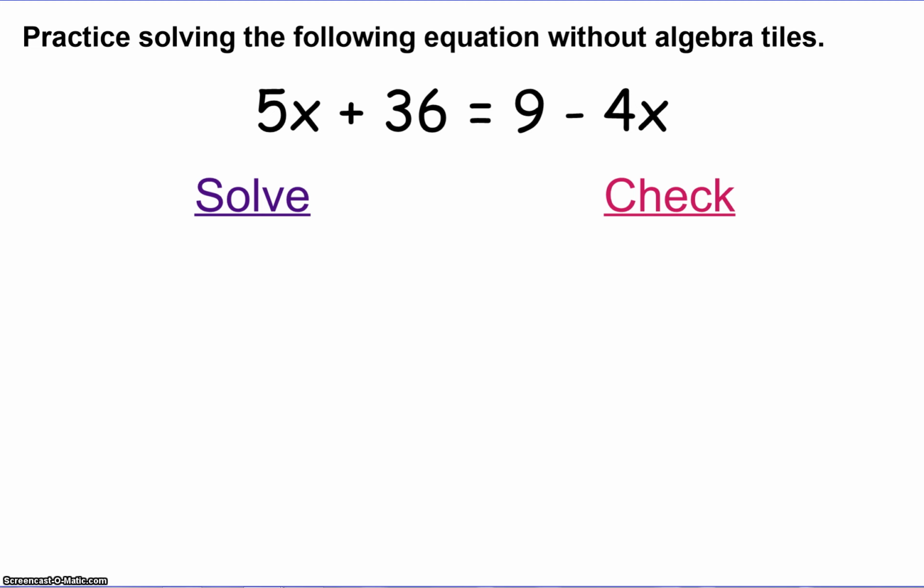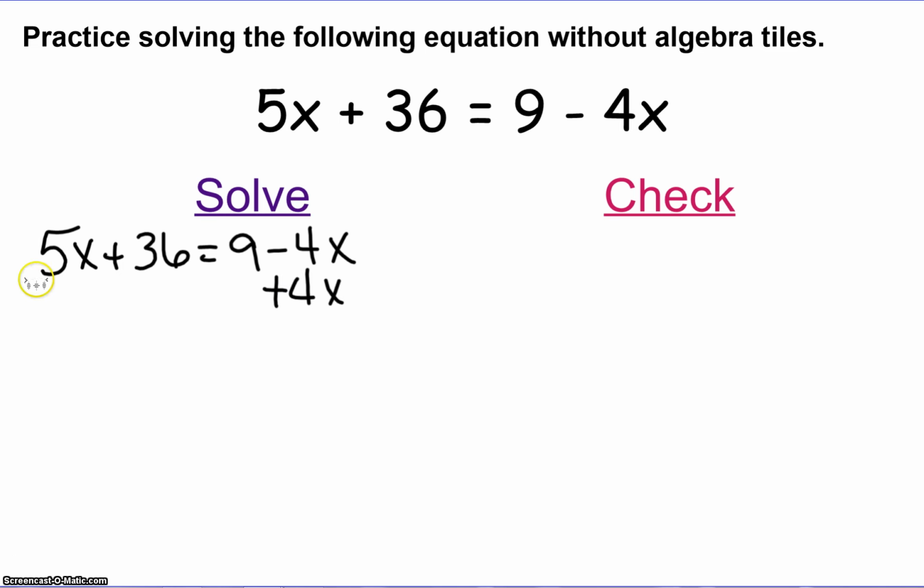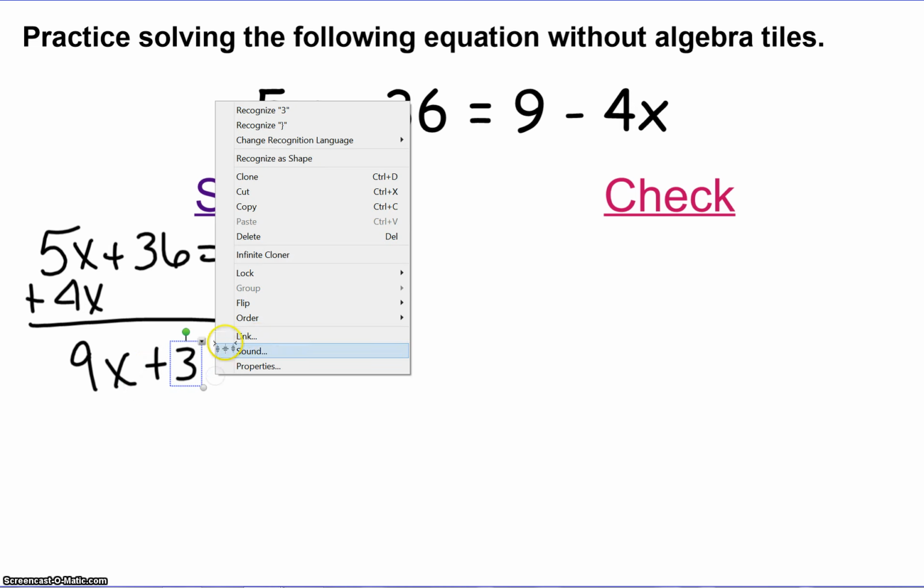5x plus 36 equals 9 minus 4x. So, write the problem. 5x plus 36 equals 9 minus 4x. Now, one's positive, one's negative. If you have one positive and one negative, you're always going to want to move that negative so it stays positive. So, plus 4x, plus 4x. You are left with 9x plus 36